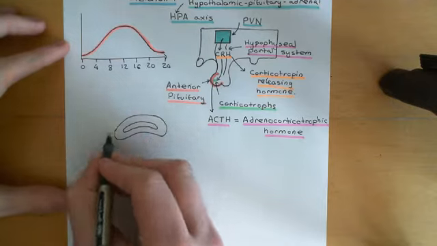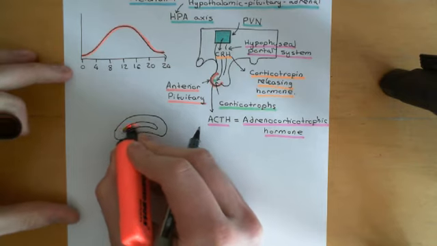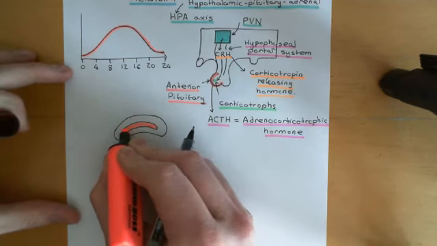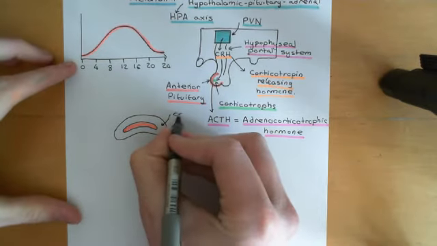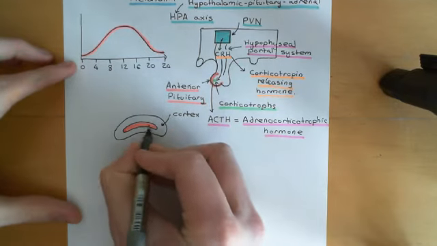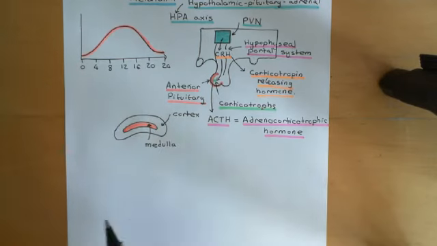Okay, so this is a picture of an adrenal gland here, and roughly the adrenal glands can be divided up into two main areas. The cortex, which is the outer portion here, so this is the adrenal cortex, and the medulla, which is this inner portion here, coloured in red. Now, of course, you have two adrenal glands, one sitting atop each of the kidneys. Now, the medulla of the adrenal glands is involved in releasing adrenaline into the blood, so adrenaline is released by the medulla. Steroid hormones, such as cortisol, are released by the cortex.